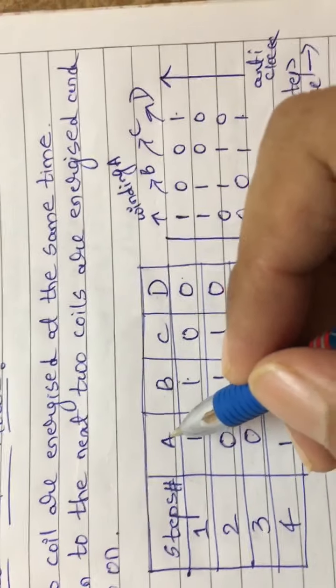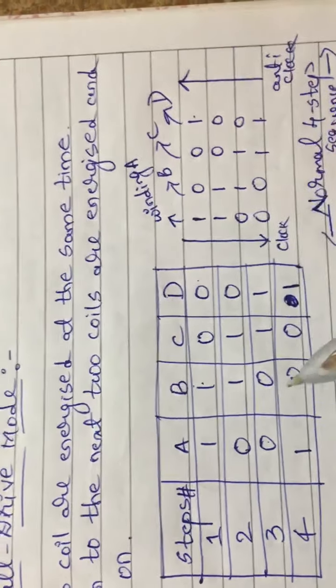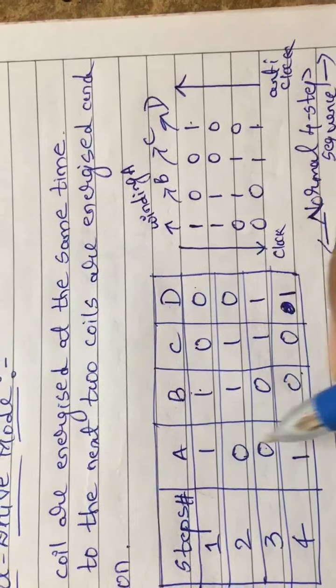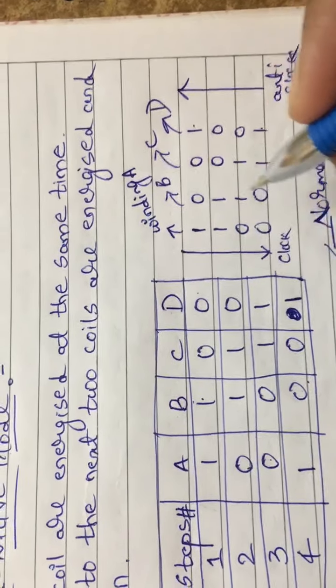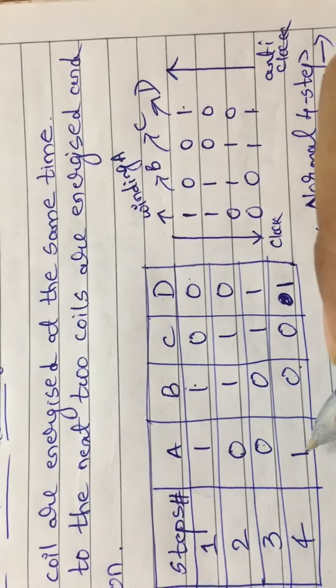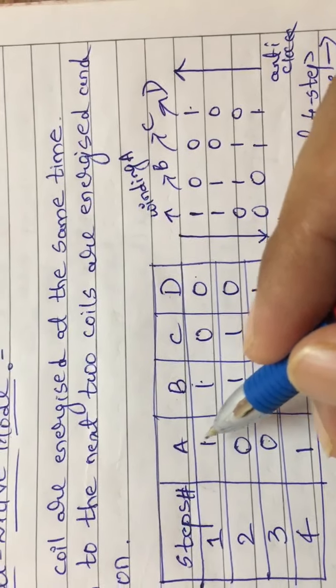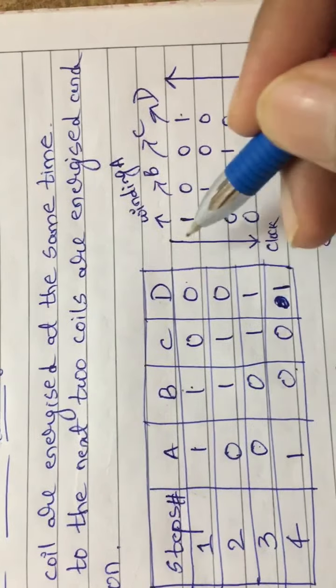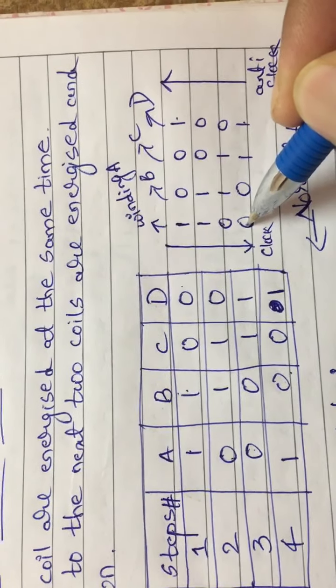So this is coil number A, coil number B, coil number C, coil number D. Here, in order to rotate the motor in a clockwise or anti-clockwise rotation, we need to calculate the winding of A, winding of B, winding of C, winding of D. The winding is nothing but the combination of all these 4 step angles, right? So we will start with A, that is winding 1. Step number 1 is 1, 1, 0, 0. I have written here 1, 1, 0, 0 for winding A.